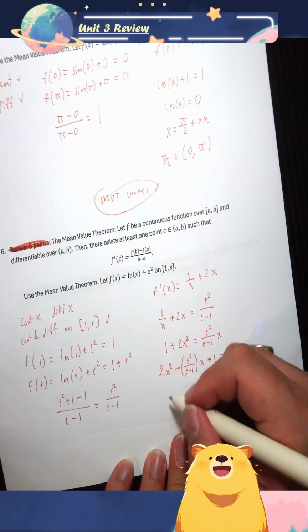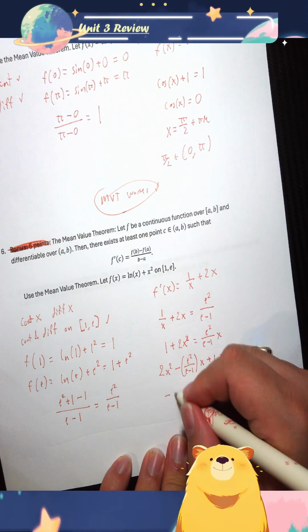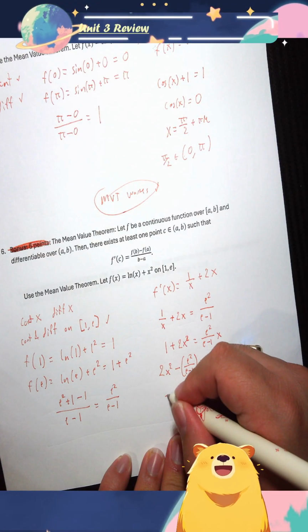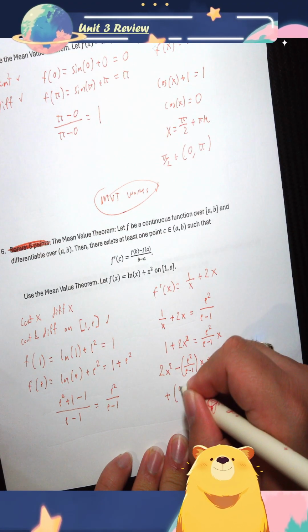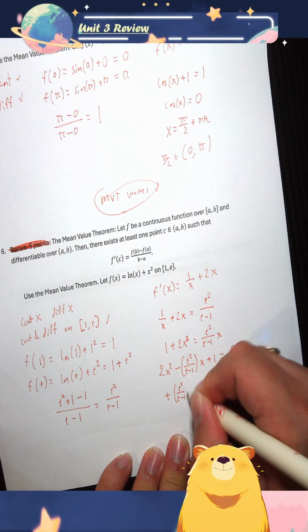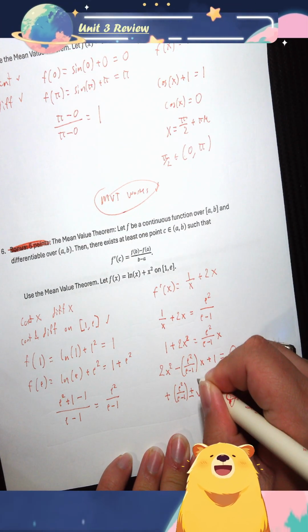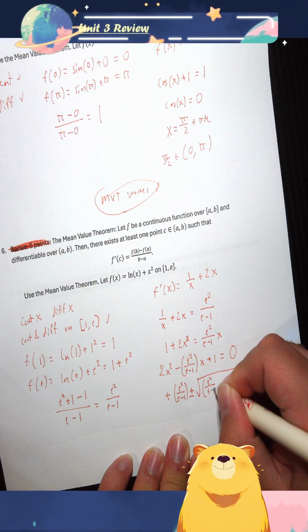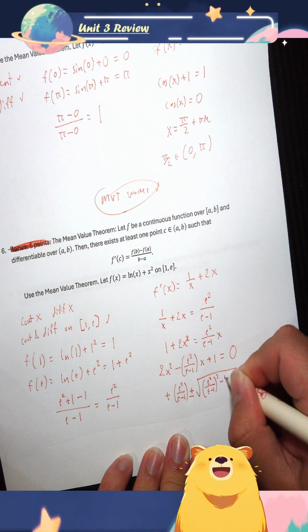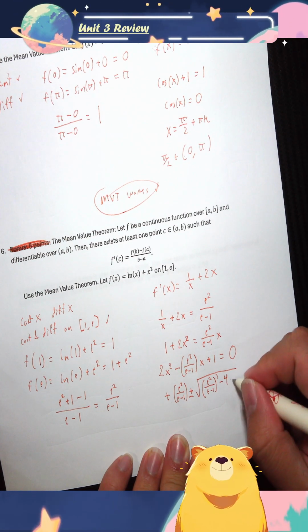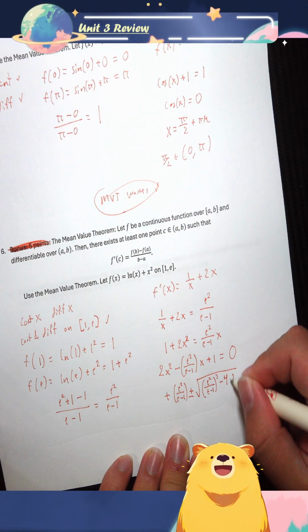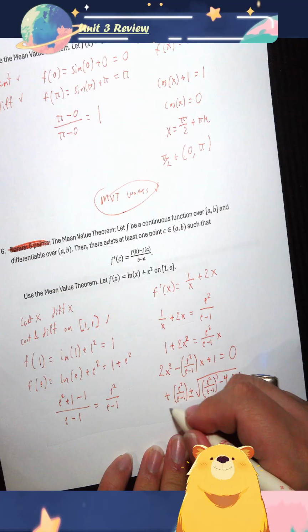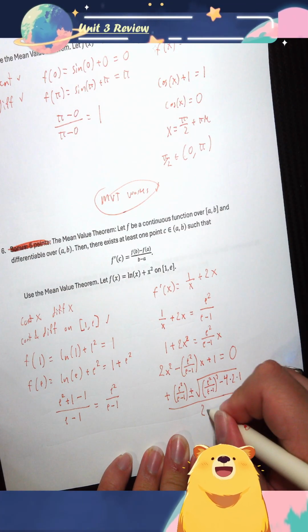So this is negative b, so positive, plus or minus the square root of b squared minus 4 times a times c, which is just 2 and 1,